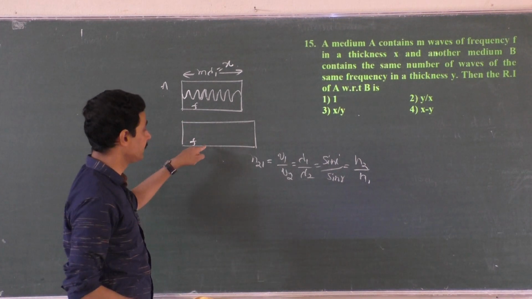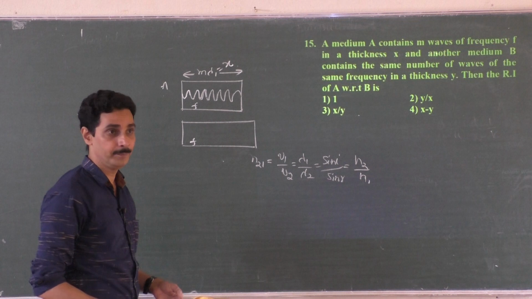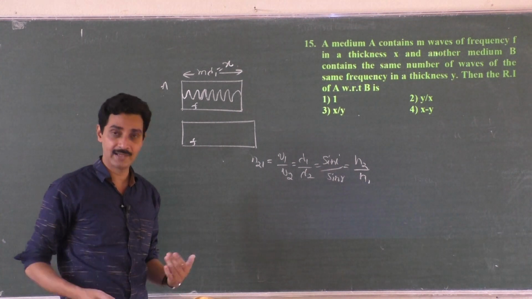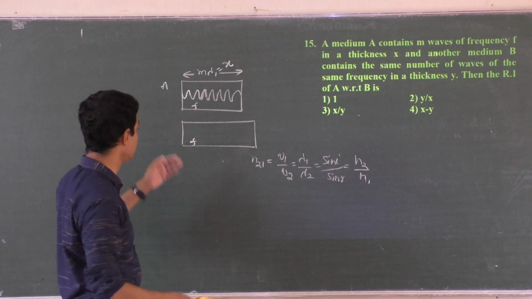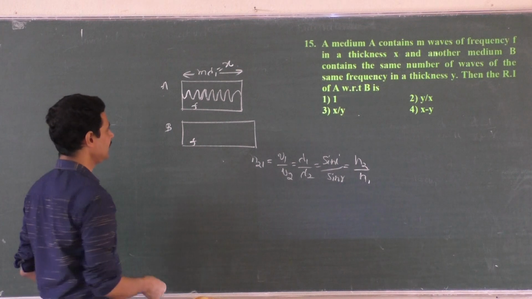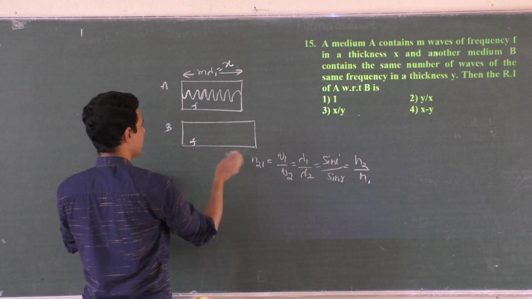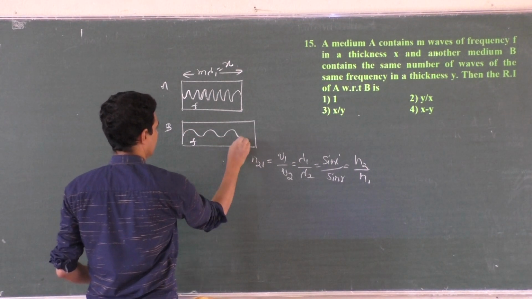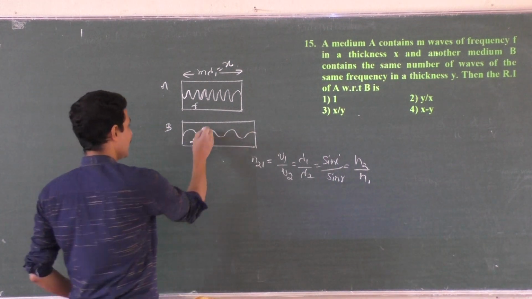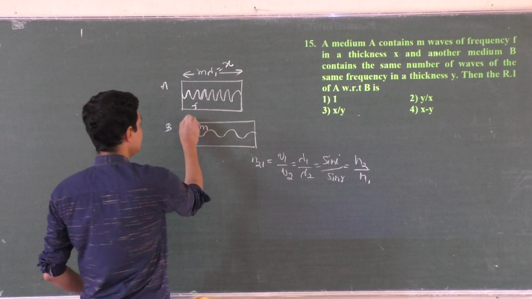If the same light is made to pass into another medium, same frequency, that means same characteristic radiation, same electromagnetic radiation is made to pass through the medium B, its wavelength changes, right? When the wavelength changes, say it becomes broader like this, right? Its wavelength increases, say. When wavelength increases, m waves only are accommodated because this distance y is